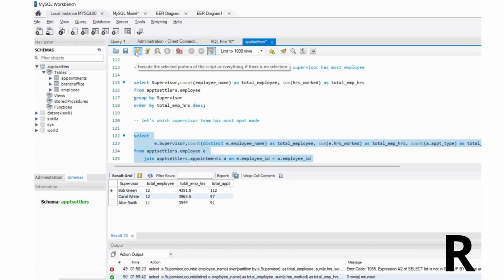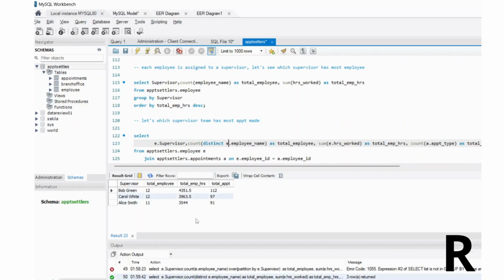There you go. So I didn't use the city for that. I just used this thing, and I didn't use the over partition to do that as well. So with this tag, I got it. This tag gives us a unique value, unique employee per supervisor. So yeah, that's good. Basically, Bob has 12 employees,